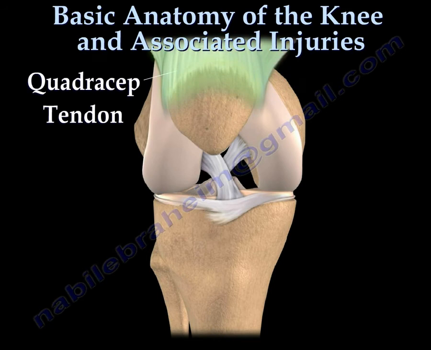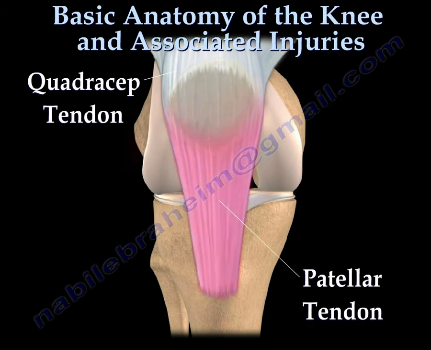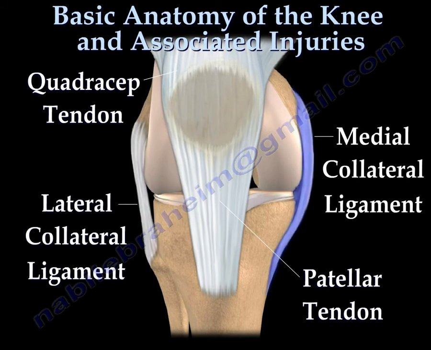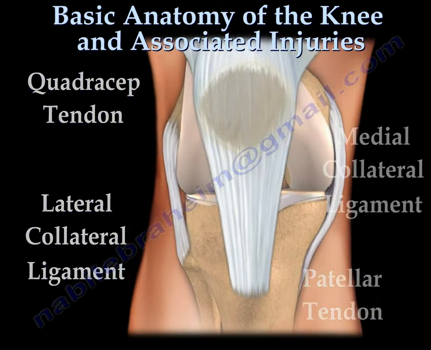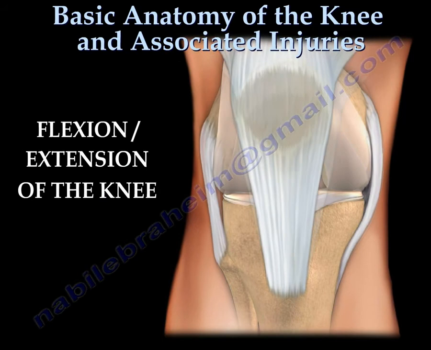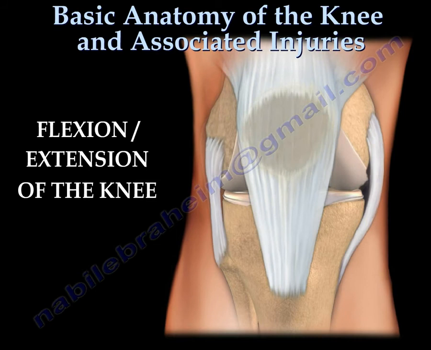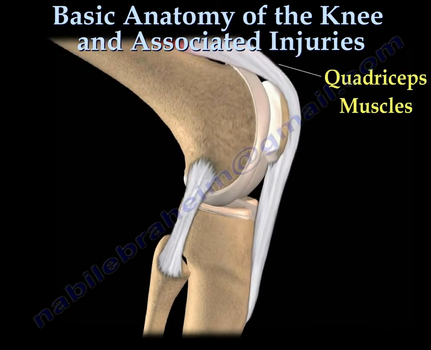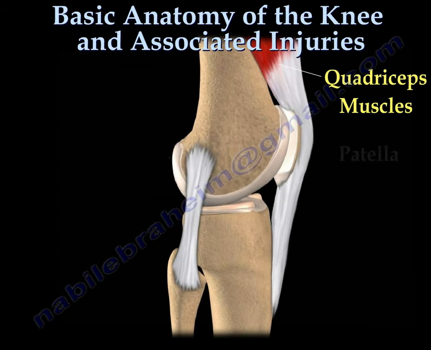The quadriceps tendon and the patellar tendon are thick fibrous tissues important to the extensor mechanism of the knee. The lateral collateral and the medial collateral ligaments are important in controlling excessive motion by limiting joint mobility, especially side-to-side movement. Together, these tendons and ligaments permit flexion and extension as well as slight lateral and medial rotation of the knee joint. The quadricep muscles play a vital role in the stability of the knee and are anchored onto the